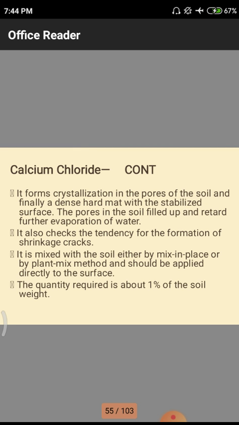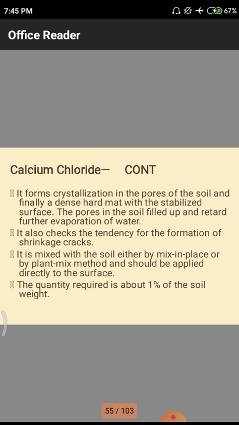It also checks the tendency of formation of shrinkage cracks. Shrinkage means normally whenever there is a less content of water in the soil, due to that less content of water, the soil will be forming cracks. Those cracks normally we call shrinkage cracks. It reduces the tendency of formation of these shrinkage cracks. Why? Because the total particles are forming as a crystal, so that there is a bond between particle to particle,